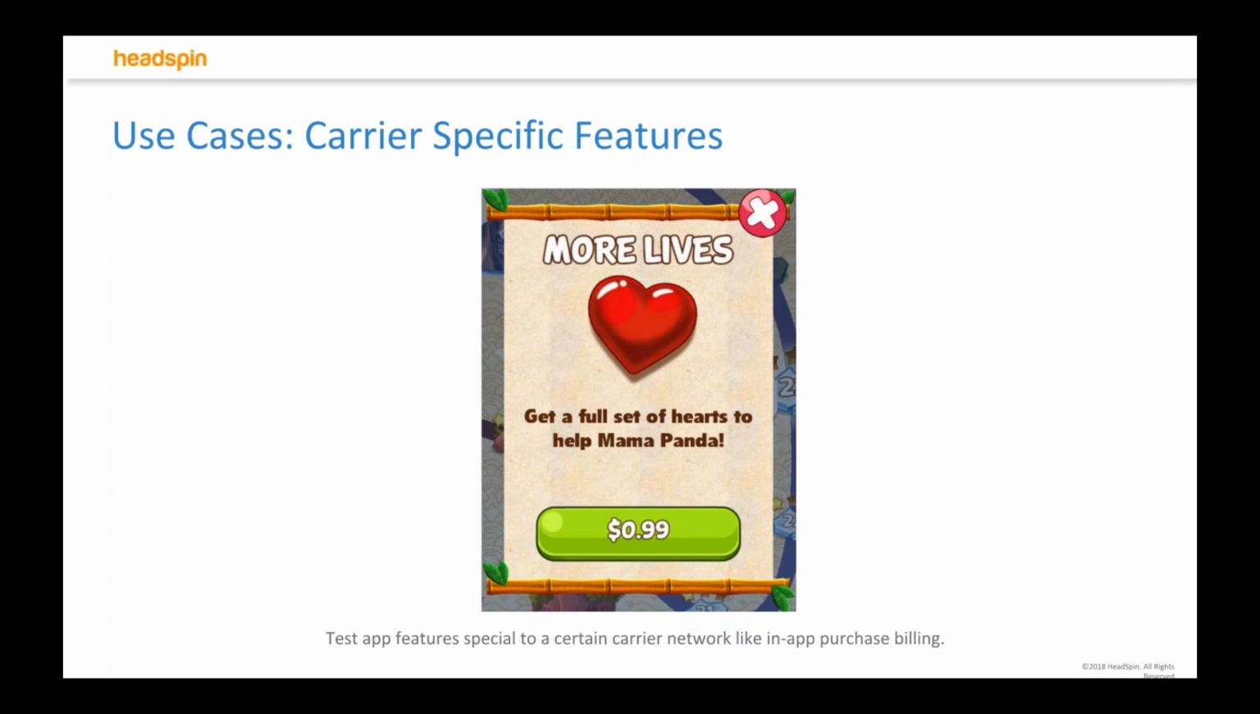A good example is PandaPop. In this app, in order to gain certain amenities, there are a lot of prompts for the user to purchase in-app items, such as, in this case, buying more lives. As part of this app, they have a carrier billing flow where, based on the carrier network the phone's on and the phone's phone number, instead of having the user use Apple Pay, Google Pay, or even take out their credit card or use some sort of third-party service such as